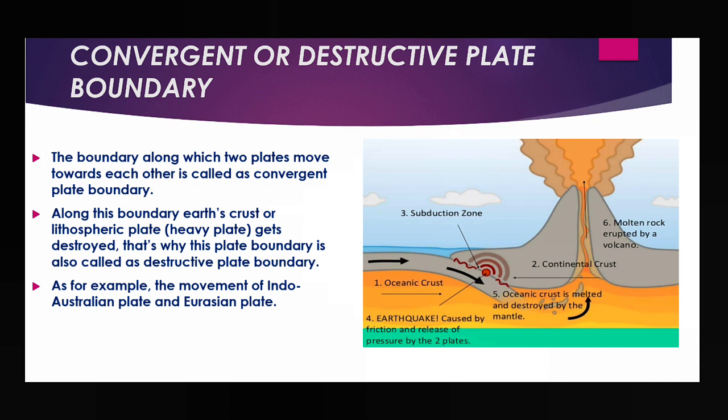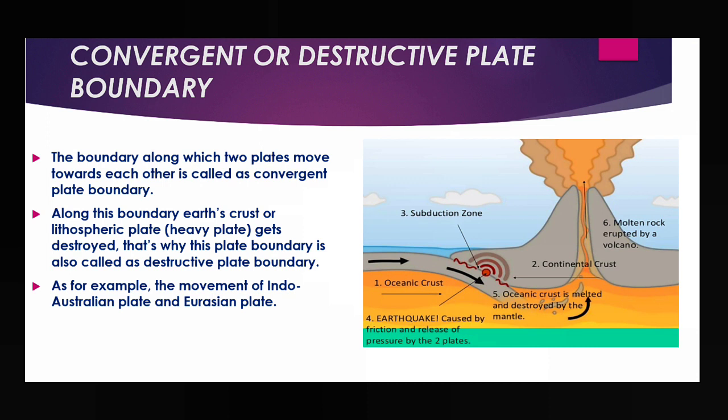That's why it has to create that type of force, and that's why along the convergent plate boundary the volcanic eruptions are so powerful, and that's why it is destructive, because it can take lives, it can destroy everything. But along the divergent plate boundary, the magma comes out very slowly, and then it cools down, it solidifies and forms the new earth crust.